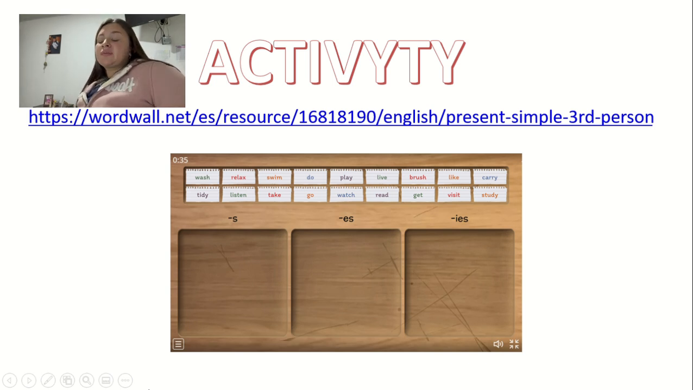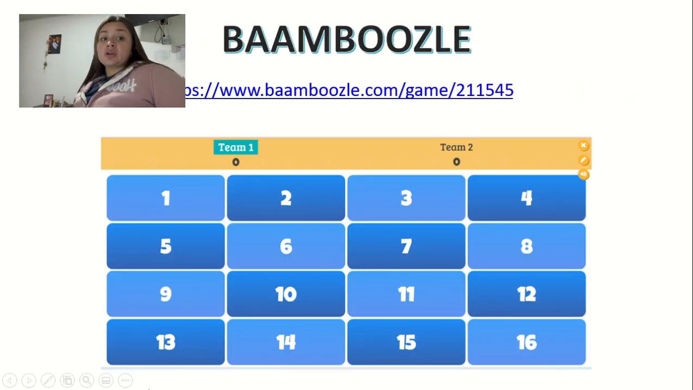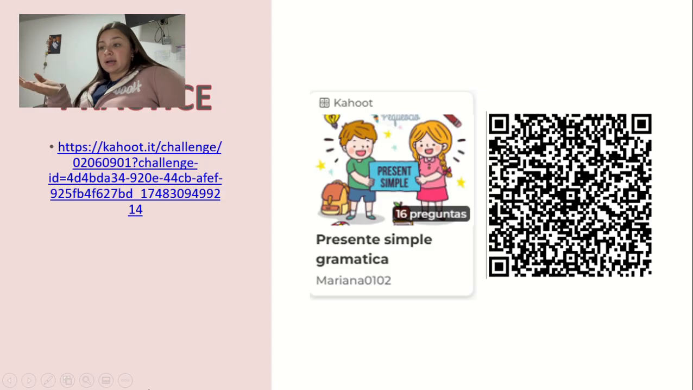So we have another practice that is choose what is the correct one, and we have a bumble song where we are going to divide the group, team 1 and team 2, and they are going to have a team back where they choose the answer and get a point. And that is my lesson, my content creation, that is a Kahoot, where the students